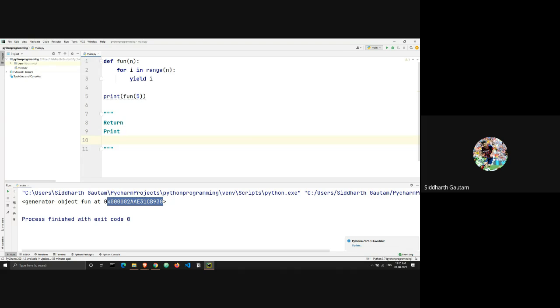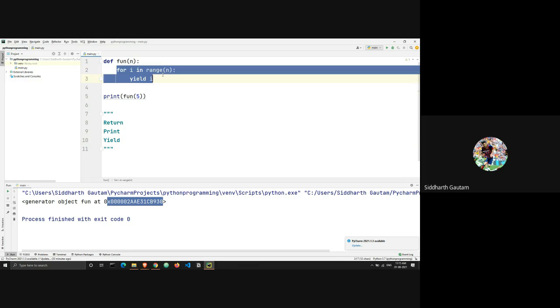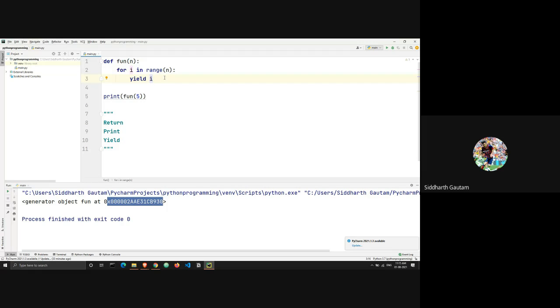Okay, so now we get to yield. The yield keyword is used to control the loop. In the first iteration, where I tell it to yield i, it means that the yield keyword has paused the iteration of i, but we can control it. So we can control the iteration of i because we have used the yield keyword. Let me just remove this and let's see how we can do this.